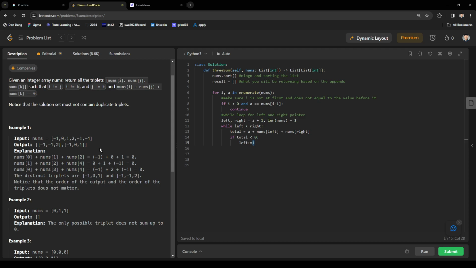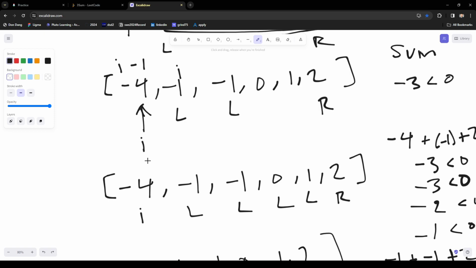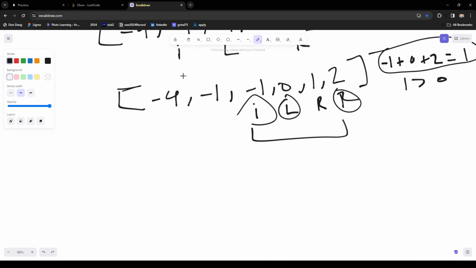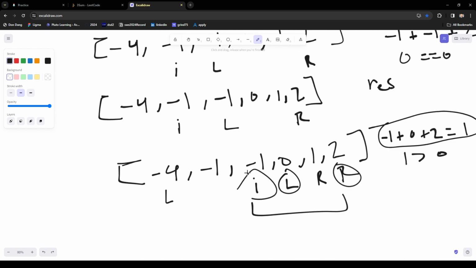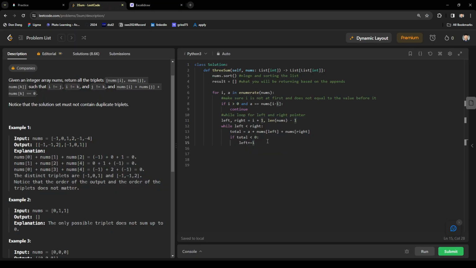Like I explained earlier, moving one over increases it. Else if total is greater than 0,